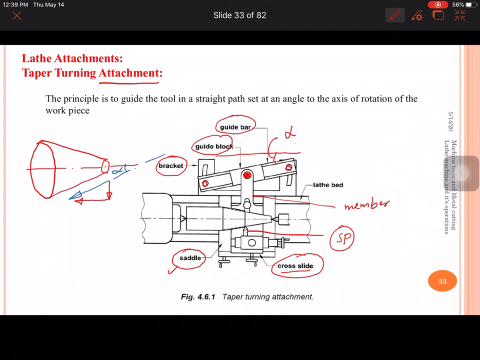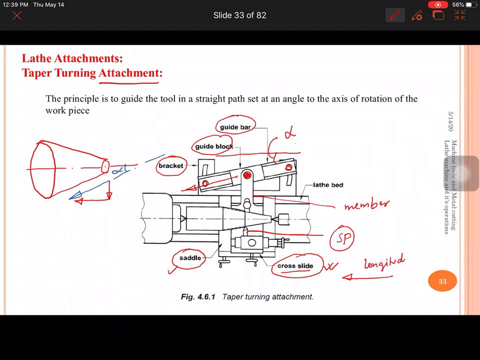Here the guide block is going to move along this guide bar, along this inclined direction, and this movement will decide the movement of the cross slide. That means the cross feed movement is controlled by the movement of the guide block, and in this particular operation the longitudinal feed is provided by the operator.